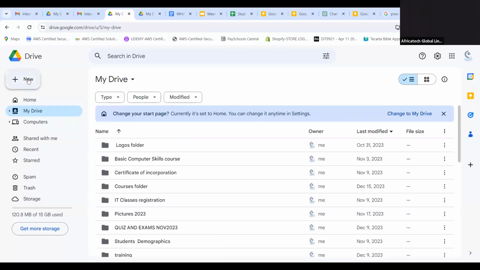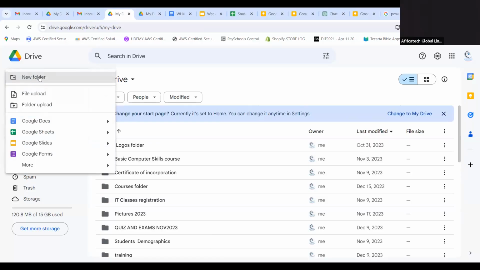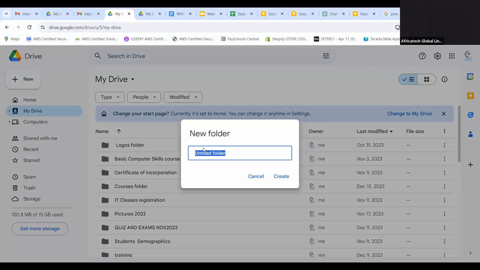So now, in order to do that, let's click on new. Let's go to new folder. Let's do that together. New folder. Let's put this IT training December 30, 2023. And then you click on create.